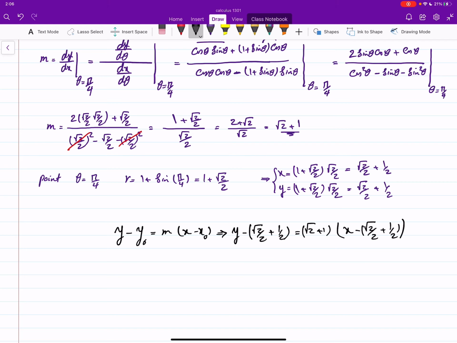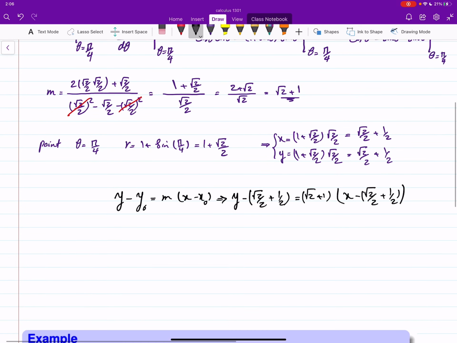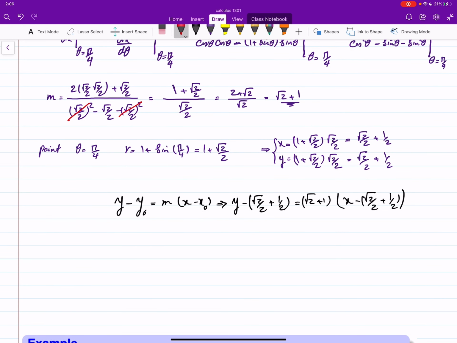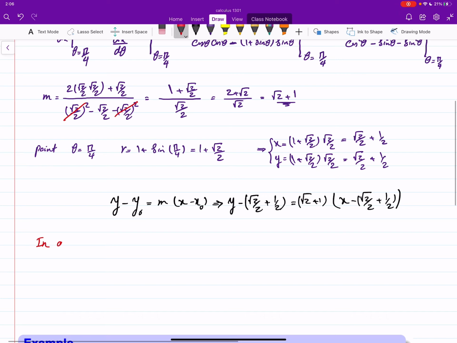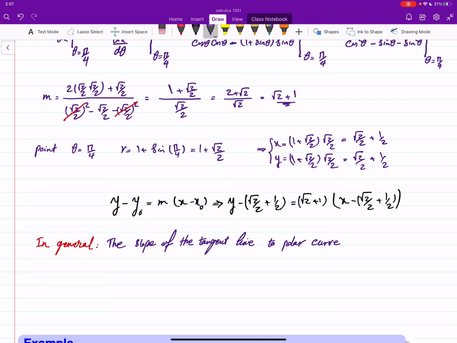You can simplify that. I will leave it like that there. So the fact is that in general, the slope of the tangent line to the polar curve r equals f of theta can be calculated by the fact that we